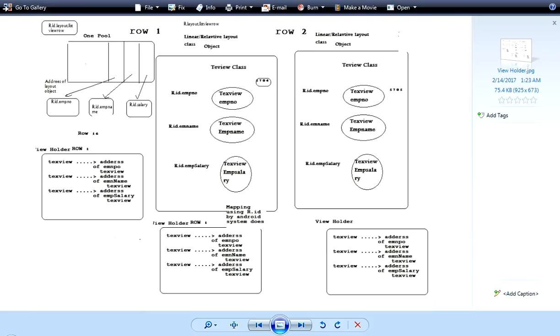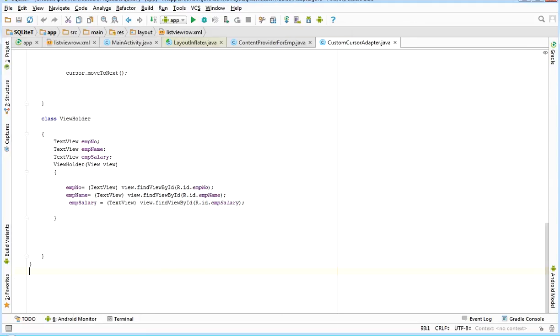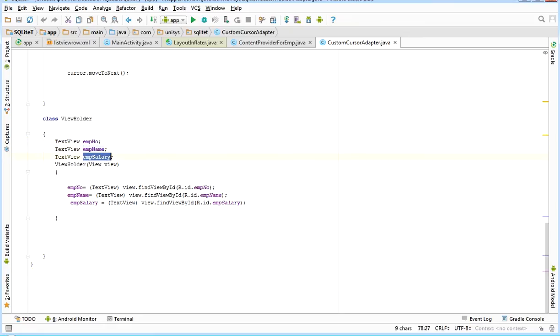So what I do, I create a ViewHolder class, and in that class I define three TextView variables. Look at here: TextView empNumber, TextView empName, TextView salary. When the ViewHolder object is created, I am getting the linear layout object dot findViewById R.id.empNumber, and we got the address of that text view, and it assigns to this. So when I access the ViewHolder object dot text empNumber, I have a reference to this text view empNumber. So I create the ViewHolder class, and